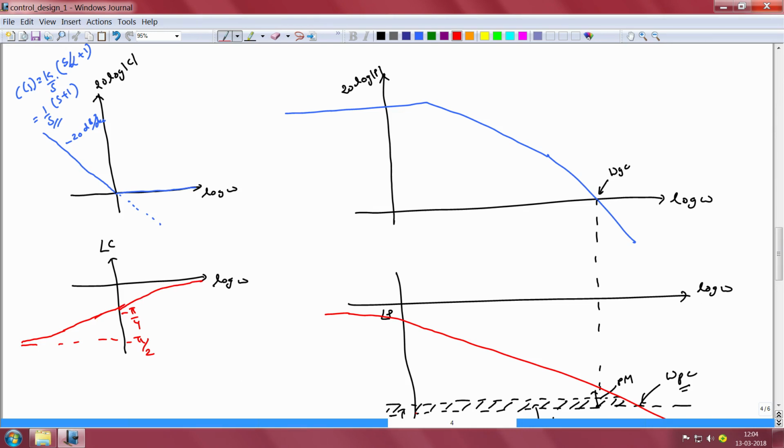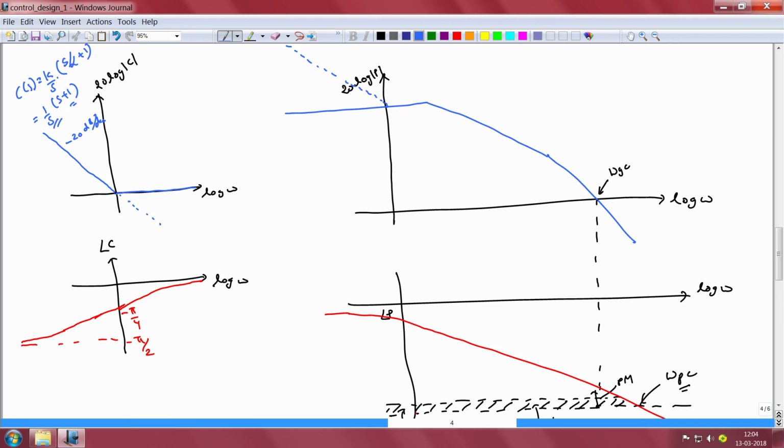How will this modify the overall Bode plot of our open loop system, namely that of the plant times the controller? We see that up to omega equal to 1 we would have the integrating characteristic added on to that of the plant. So, the Bode plot would look something like this. Now, had we continued with an integrator, there would be an attenuation in the gain beyond omega equal to 1, but because we have chosen a transfer function of this kind, it does not attenuate the gain of the plant.